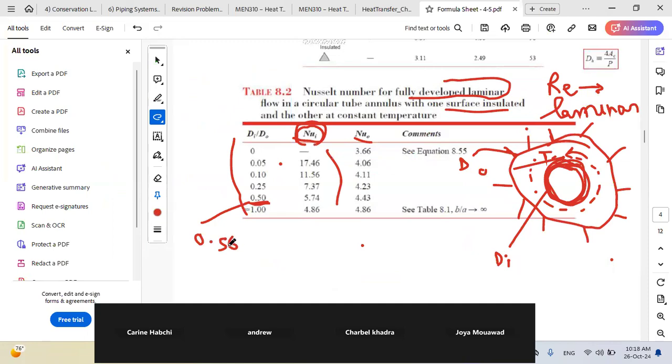All I have to do is interpolate between these two values. So I can write 0.56 minus 0.5, over 1 minus 0.5, equals the Nusselt inner that I want